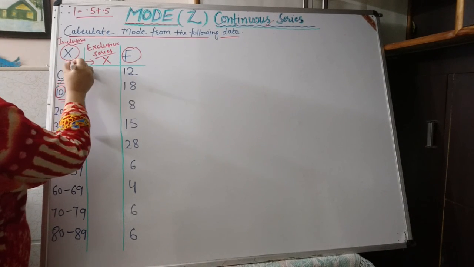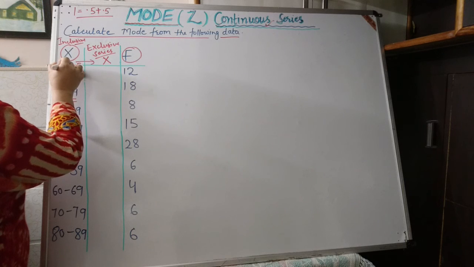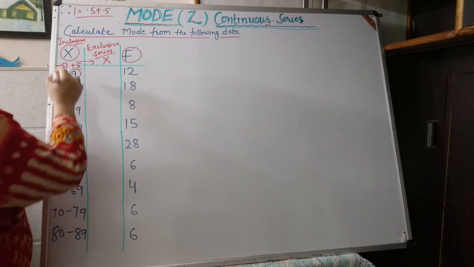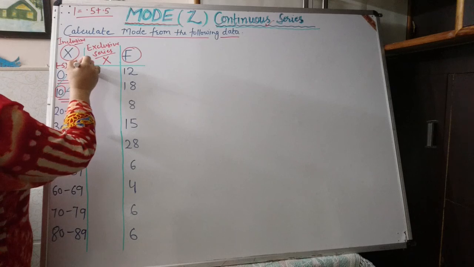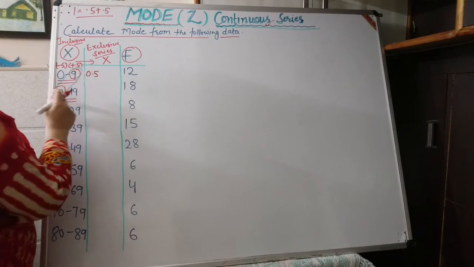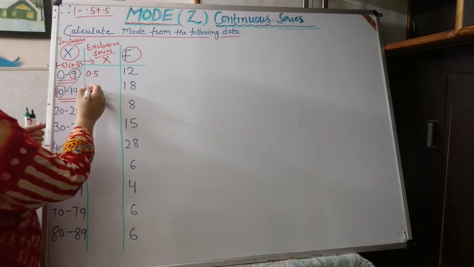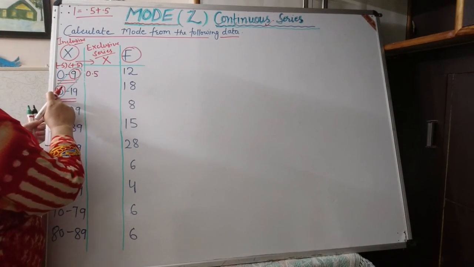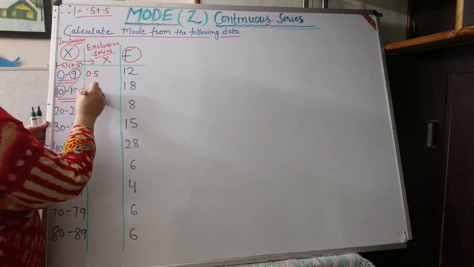We will add 0.5 to the upper limit and we will subtract 0.5 from the lower limit. So the calculation will be 0.5. Here the lower limit 10, 0.5 will be deducted from it, 9.5,